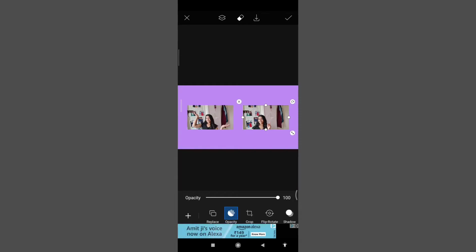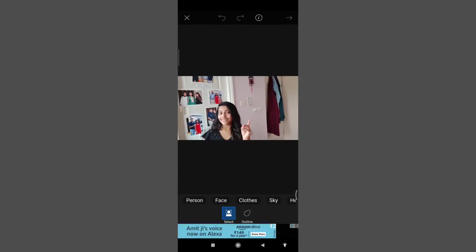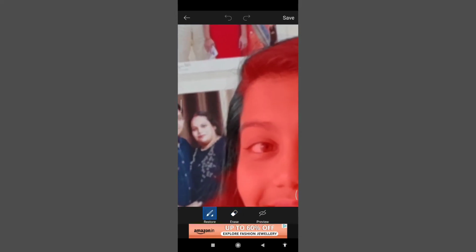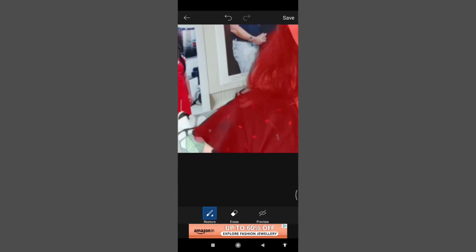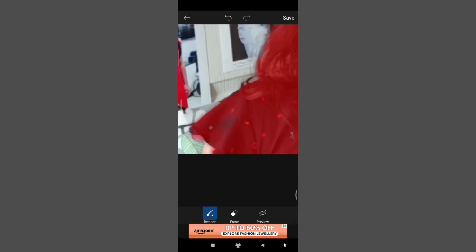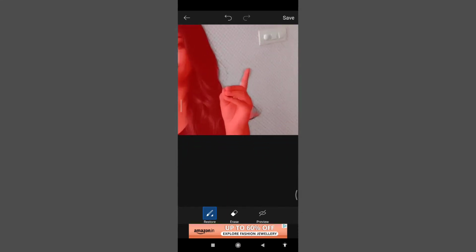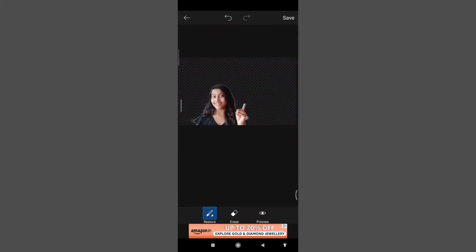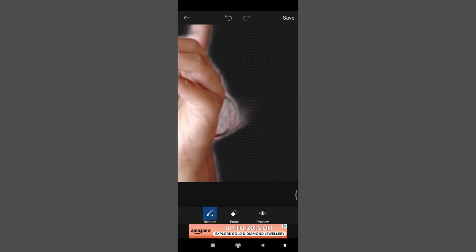Click it, previously only in such a good background. After that, go to the cutout option, go to the select person one. Now you need to fill some of the details in it. Then I will fill it properly, the hairs, and you need to always see it or preview it before doing it, because if you click on the done option, it gets spoiled afterwards, and you have to do everything from the start.